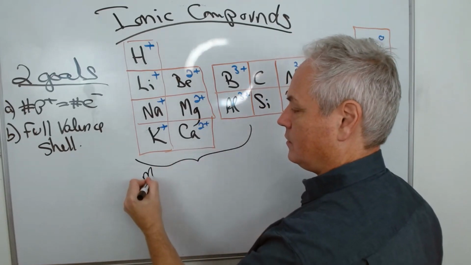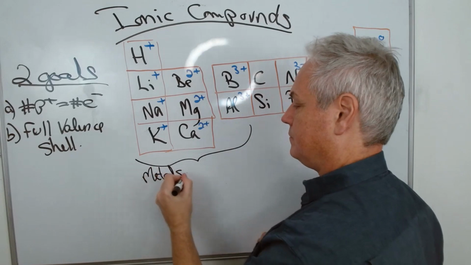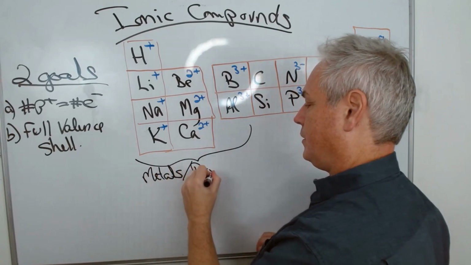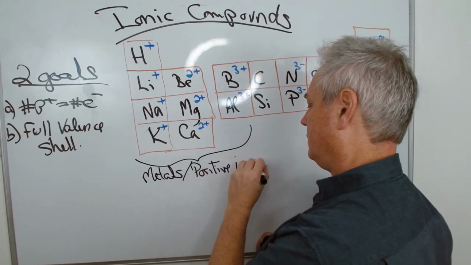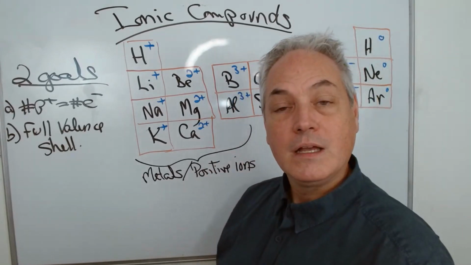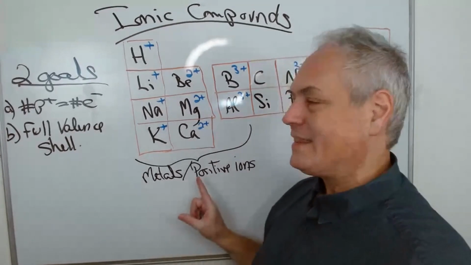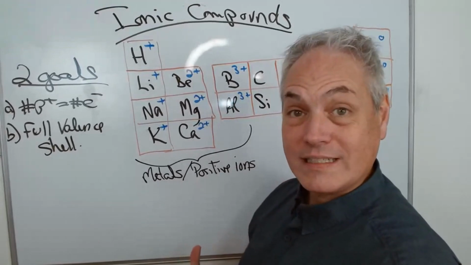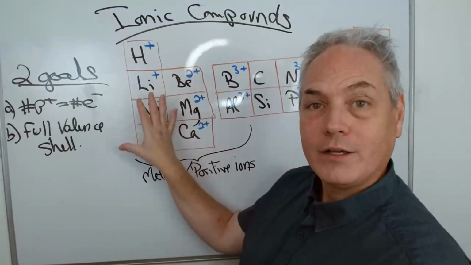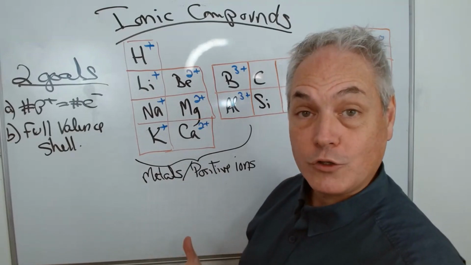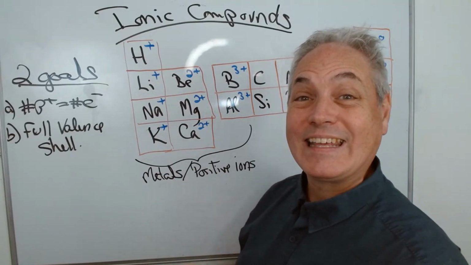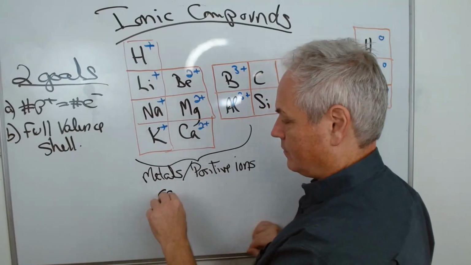Metals make positive ions like this. So being positive ions, they have a new characteristic now. They are a particle that is now positively charged. Another word we can use for positive ion is cations,